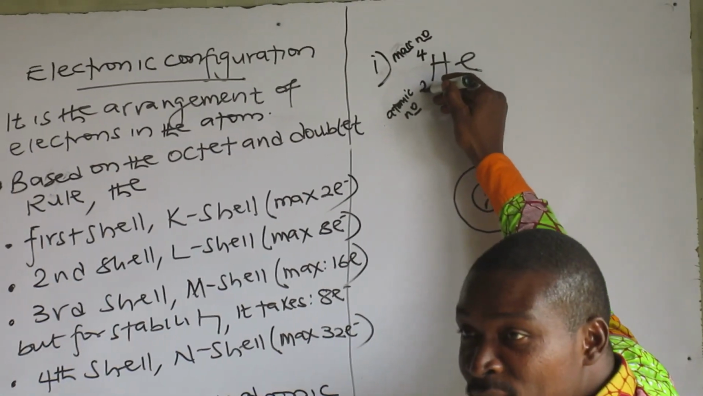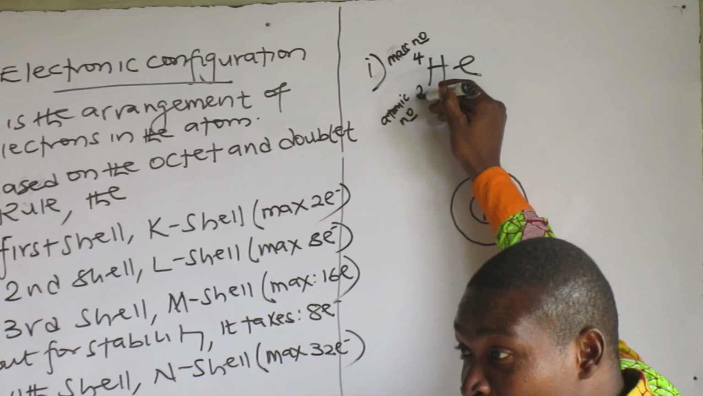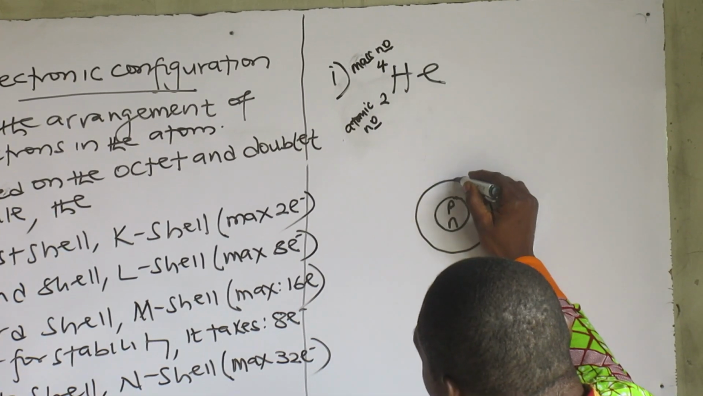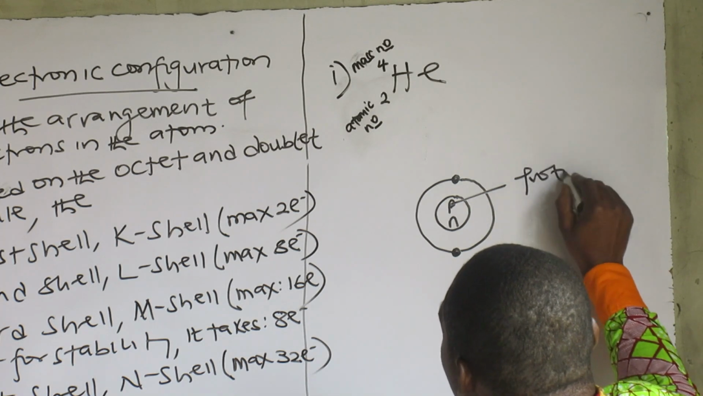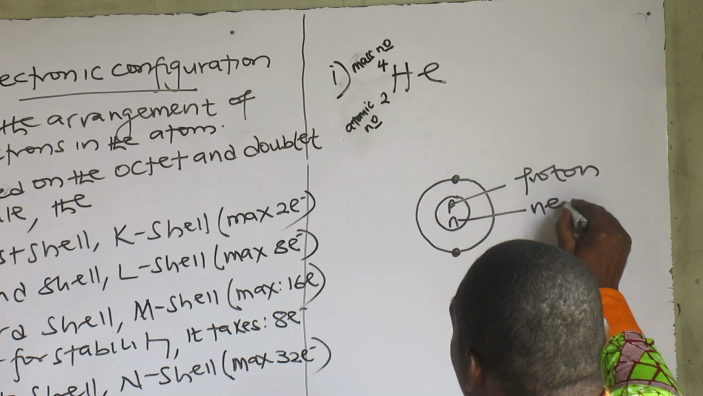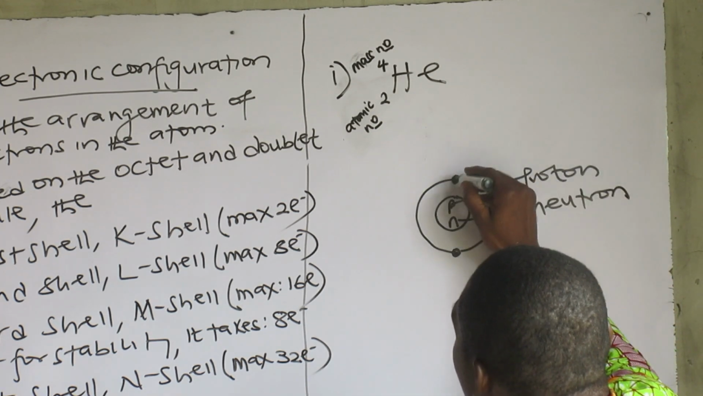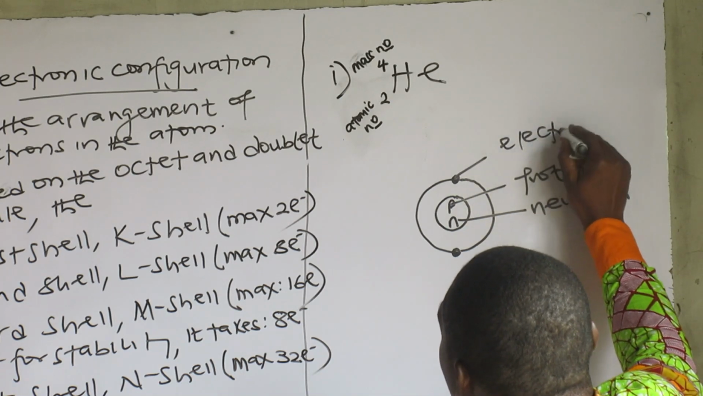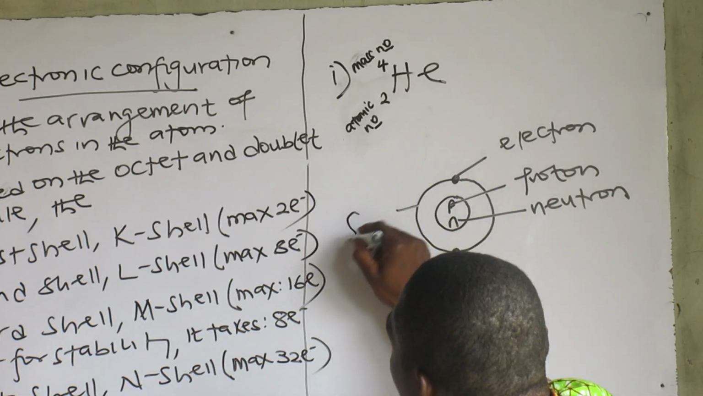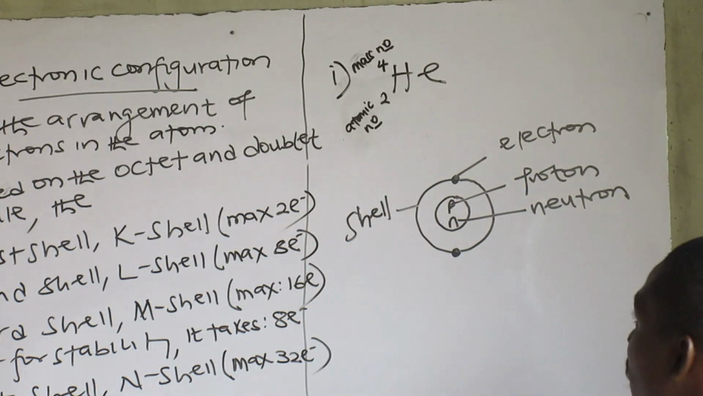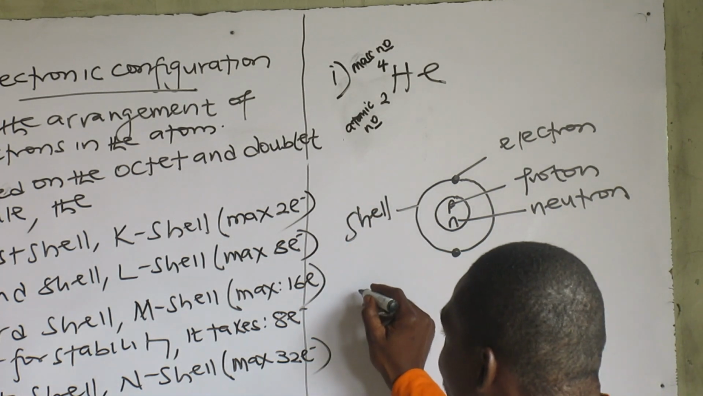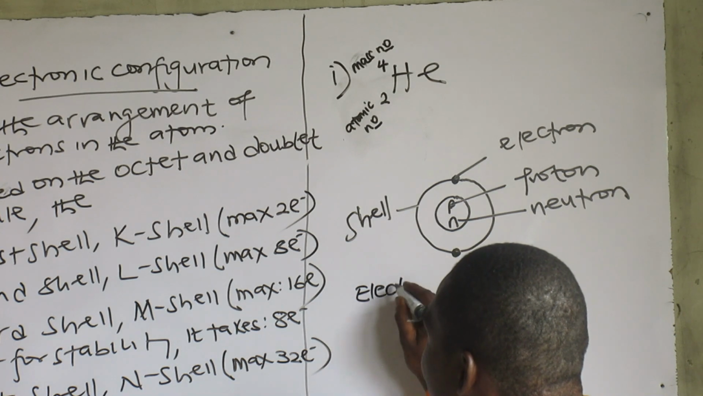So this is 2. It means it takes just 2 electrons, right? So I have 1, 2. Now this is called a proton, in case they ask you to label, okay? This is called a neutron. Now this is called an electron. This is a shell called a K shell. Right? Good. Now when they ask you to write the electronic configuration,